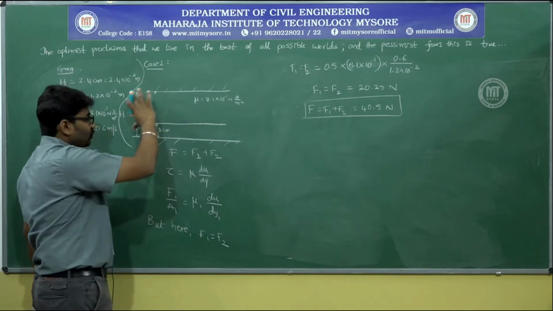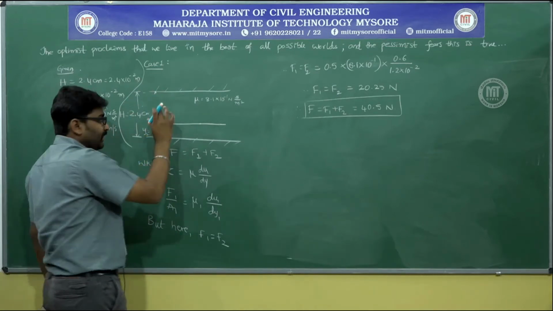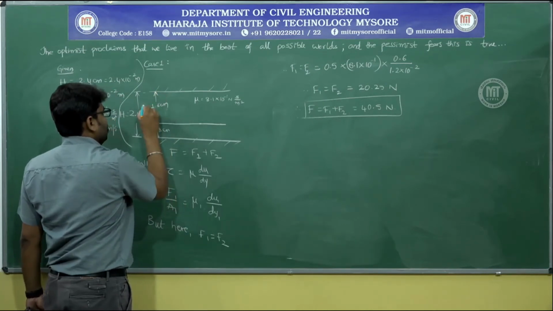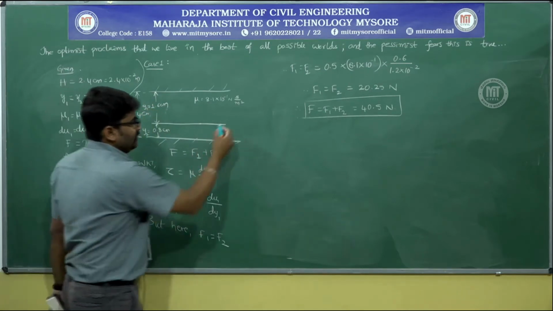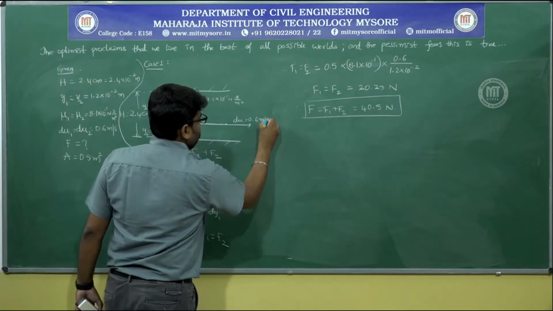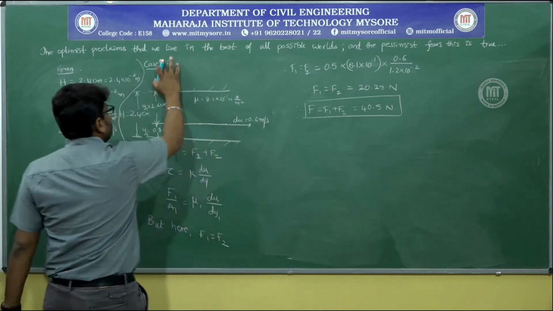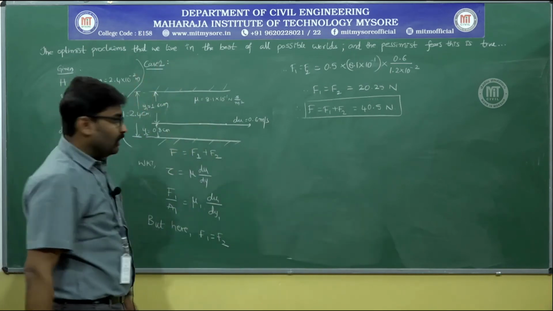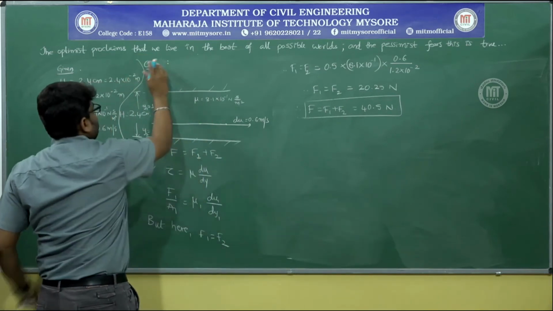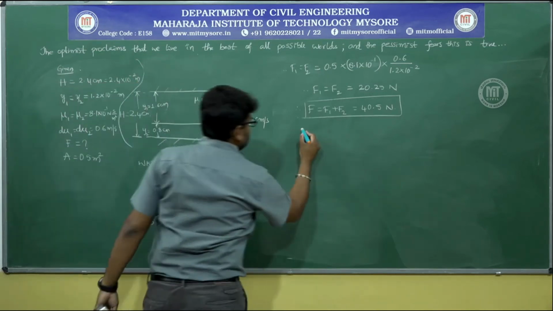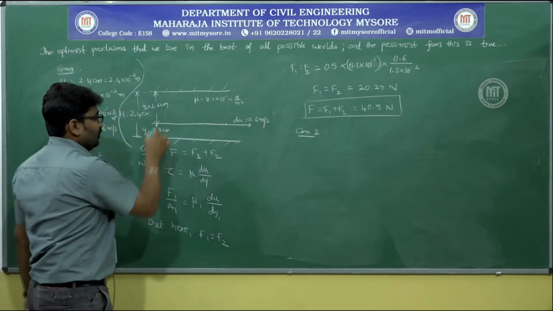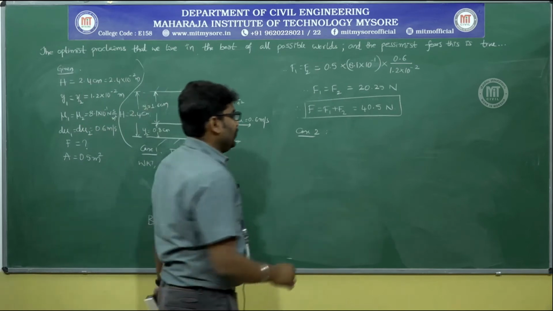What is the remaining part? So 2.4 is the total height. If this is 0.8, the remaining has to be 1.6 centimeter, and I will name it as Y1. Rest of the things will remain same. This has to be pulled with du is equal to 0.6 meter per second. So I will write this as, this drawing is for case 2 now. In case 2 what is F1 and F2, all those things will change. I will remove this and I will start here as case 2. Let there be no confusion. This is case 1. But the drawing now I have on the board is for case 2.